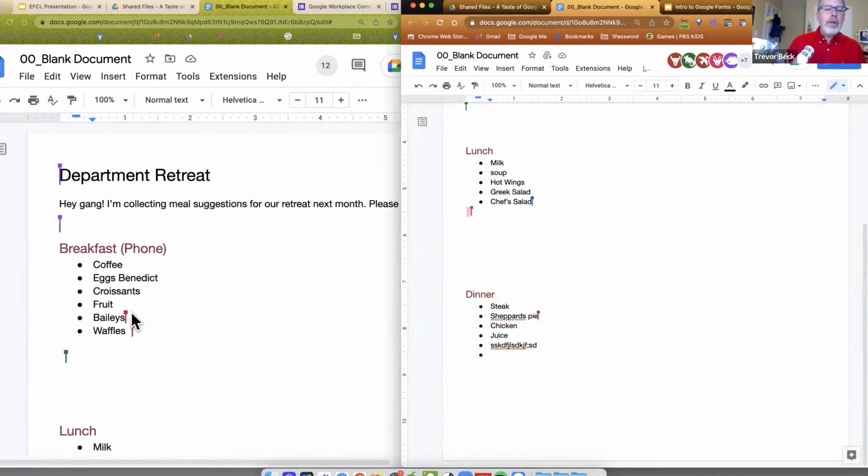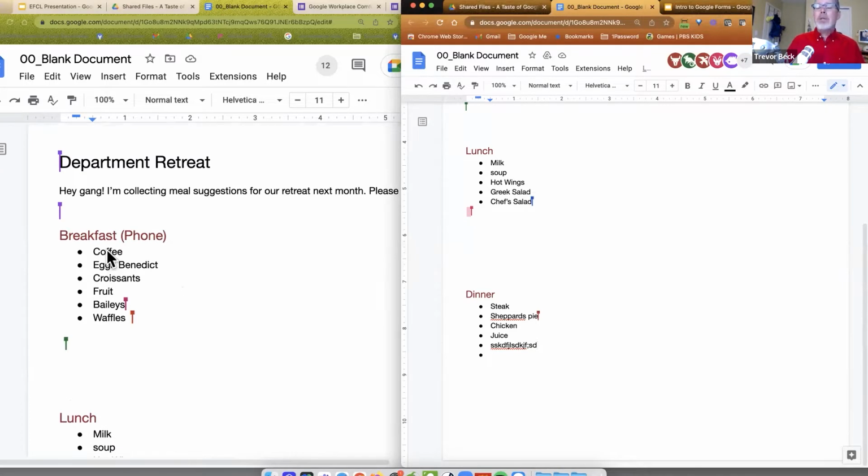Just like up here, typically when someone sees coffee, I always have someone go and put Bailey's in there. Why did you put that in there? Because I saw coffee was there. It triggered something in my brain and it made me go, ooh, we also need to have Bailey's, or we also need to have this. So again, this is true collaboration because we're working off of each other's input. It's not just this silo that we work at. Documents are awesome for this kind of stuff.